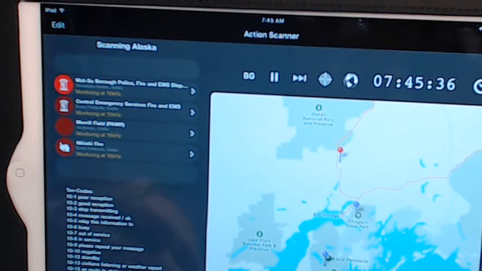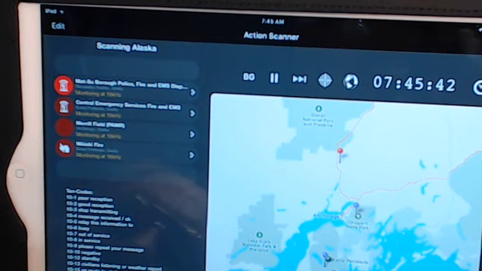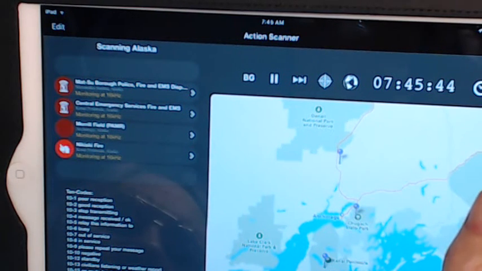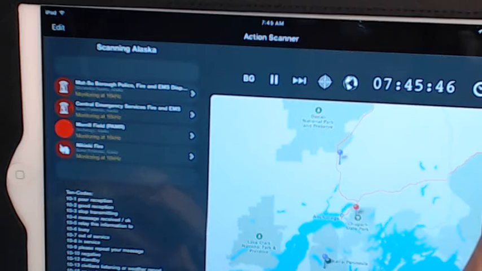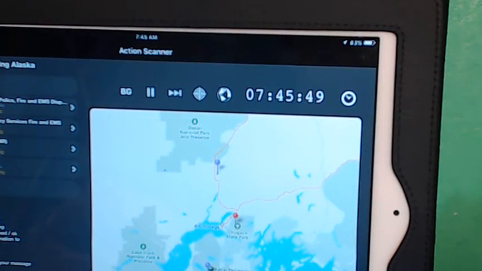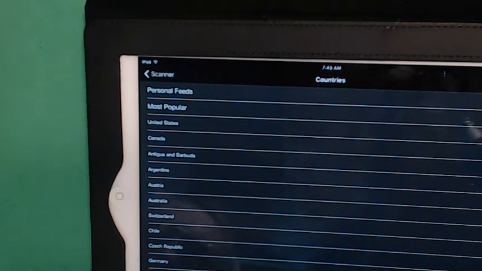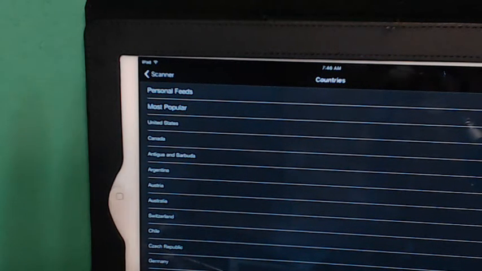Again, you can add stations. So with the Pro version, I can have 5 stations. I can add another station. So hit the plus. Oops, hit the plus. Easier. And it goes to the database. And maybe I should zoom out. So here's the database of all the stations that you can listen to